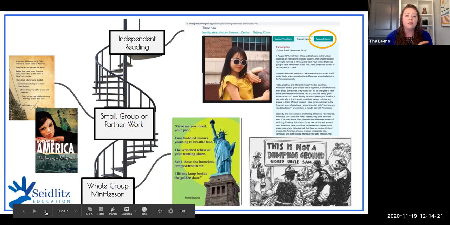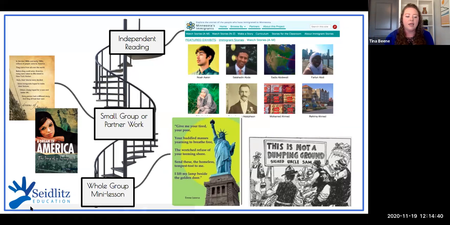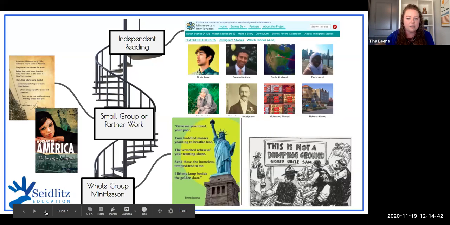But when you're looking for ways to integrate reading into social studies, I recommend doing it in sneaky ways like this, where they don't even know that they're reading. And as much choice as possible is where we want to go. So from that page that I showed you, this is just one tiny excerpt of the page. There are so many different examples. And they've actually already curated this list.